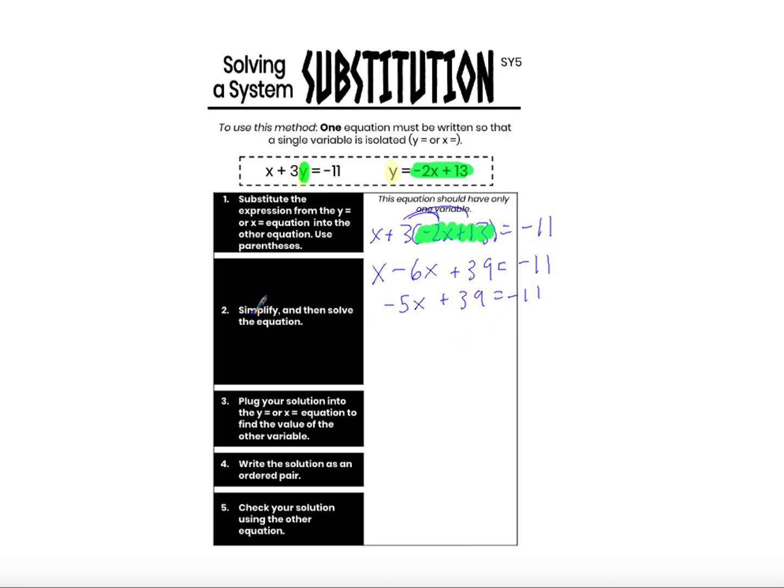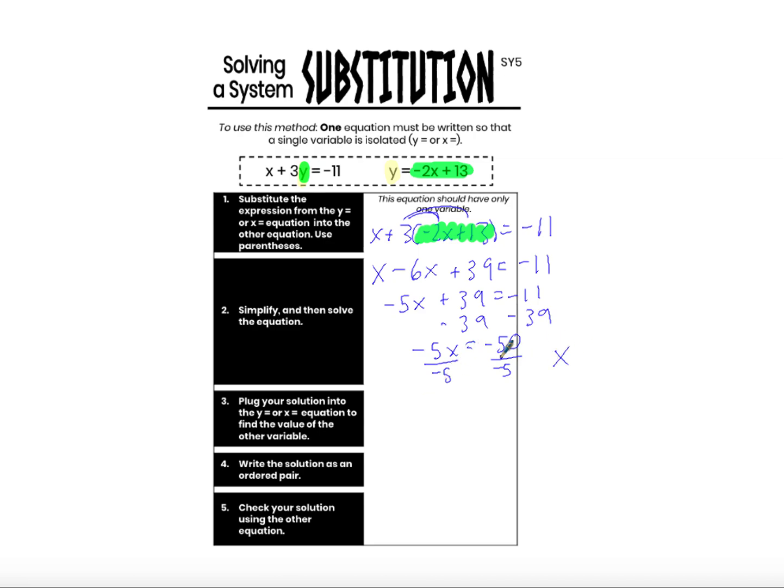And now that I've simplified that left-hand side, I can solve using inverse operations. Go ahead and subtract 39, and I have negative 5x equals negative 50. Okay. Last inverse operation, I divide both sides by negative 5,